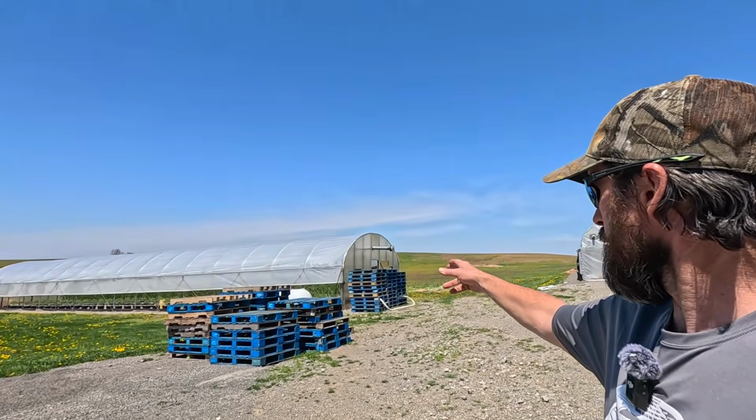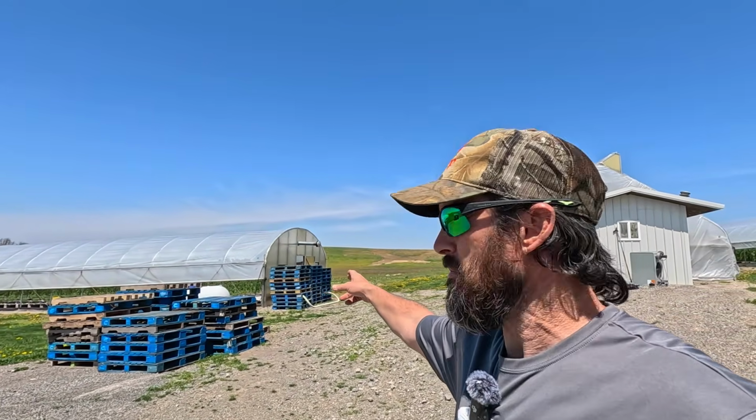So got to stay on top of those greenhouses to make sure they don't get too warm. I'm going to head over to our fertilizer and seed dealer right now and pick up a load of fertilizer to spread out in my fields, and another tote full of starter fertilizer that I usually keep on top of that pile of pallets over there that I use in my corn planter, my green bean planter, and in our vegetable transplanter water. So we're gonna go get that taken care of, and then if there's time left at the